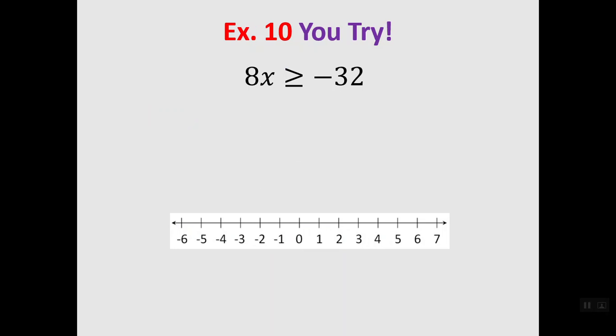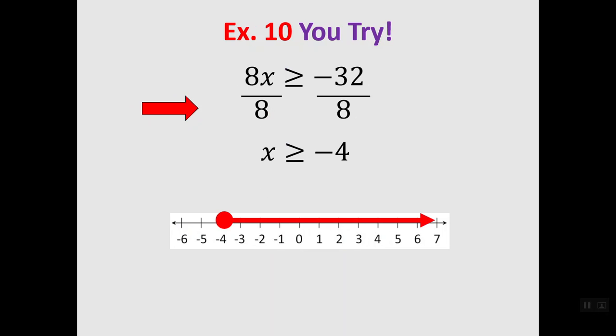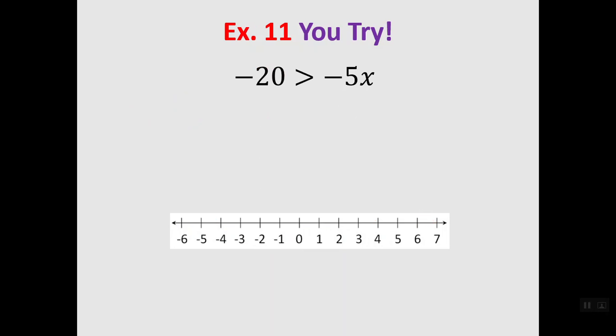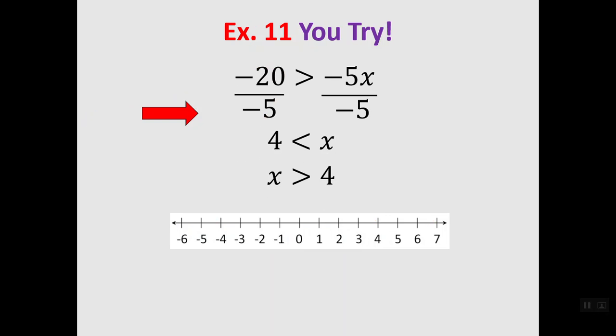Example 10, we're going to divide each side by 8. We are dividing by a positive, so we don't change our symbol. X is greater than or equal to -4. There's our graph. In example 11, we're going to divide each side by -5. Here's where we've got to pay attention. Hey, that -5 division means we're going to reverse that inequality symbol. So 4 is less than x. I'm going to mirror image the whole thing to make it easier to graph. X is greater than